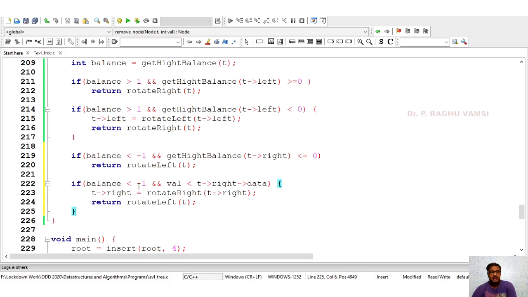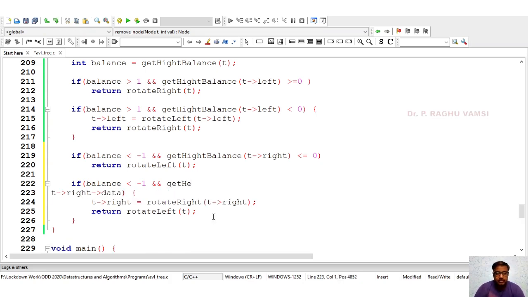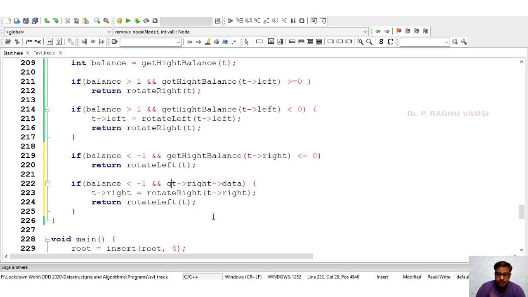So if the balance is less than -1, and get height balance of t right is greater than 0, then you are supposed to perform the double rotation, one right rotation, followed by the left rotation.